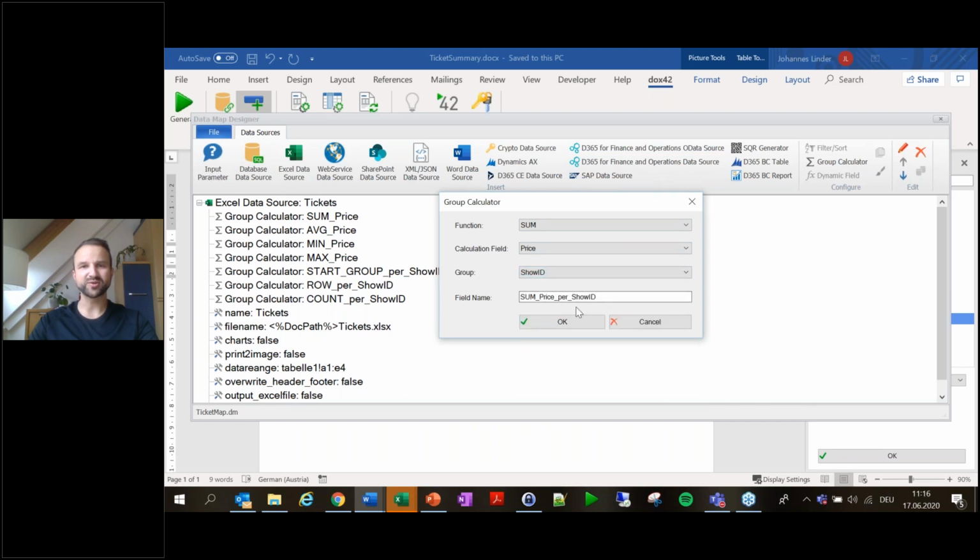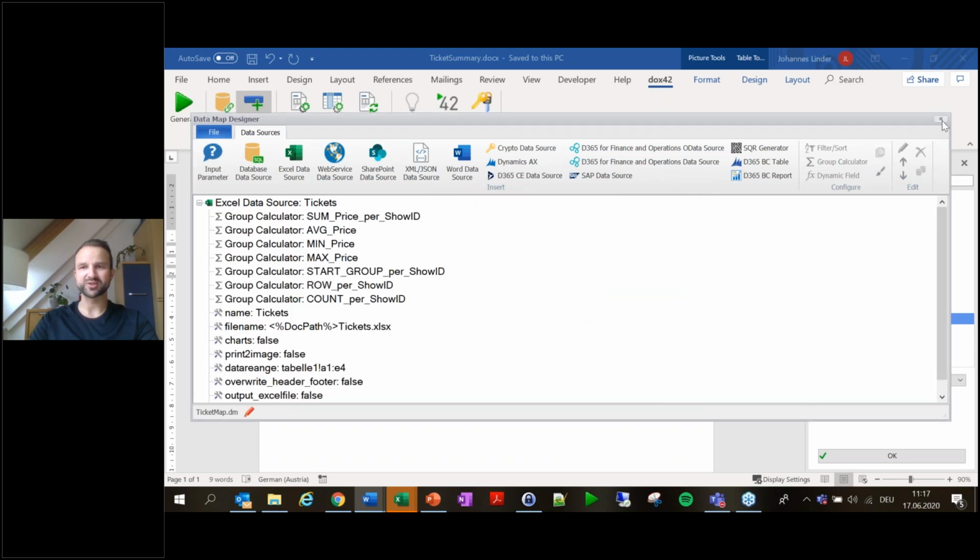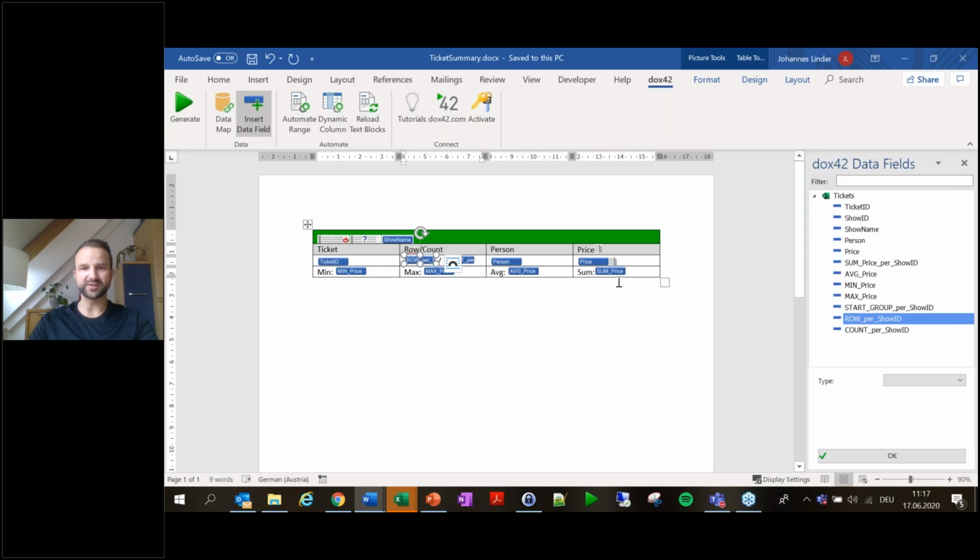Now, of course, if I want to use the same thing, I could just call it the same as I have it, but I want to keep it per show ID. So I also later on in the data will be able to tell what's the group ID. So let's take the show ID here first. And if we include this as the sum and price per show ID,